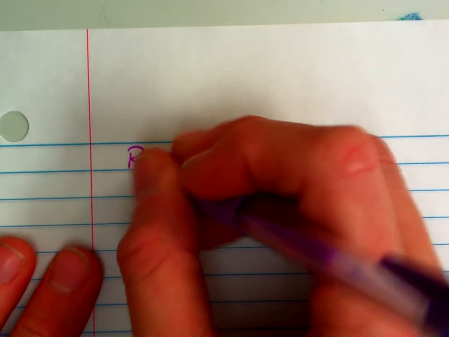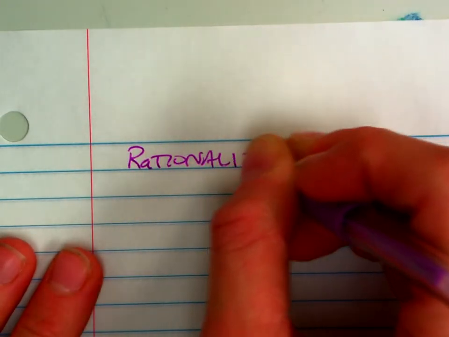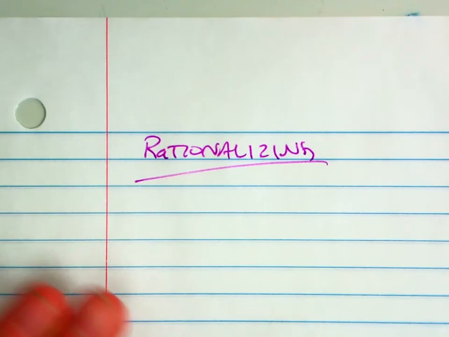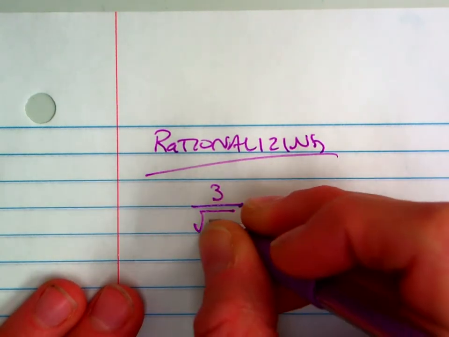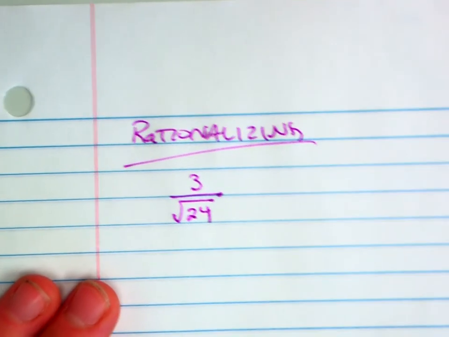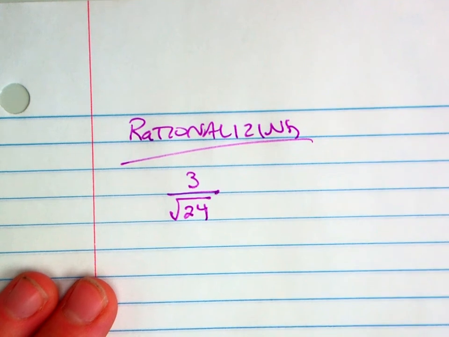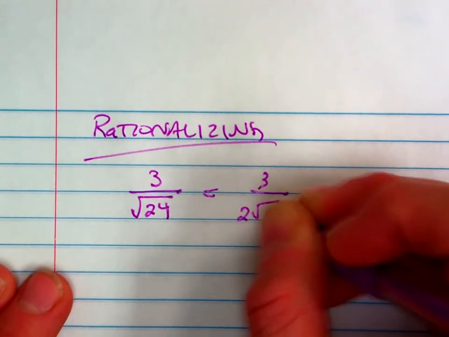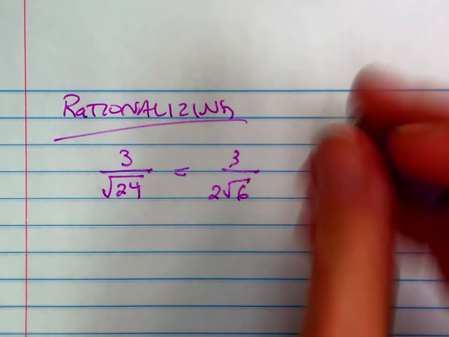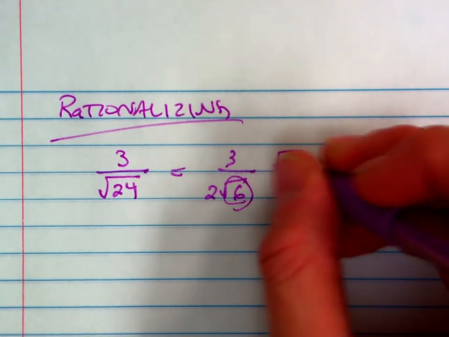Two last things would be rationalizing the denominator. For example, if I had 3 over the square root of 24, you can rationalize first or simplify first. I would recommend simplifying first. This is 2 root 6. And then I want to multiply the top and the bottom by root 6 in order to get rid of